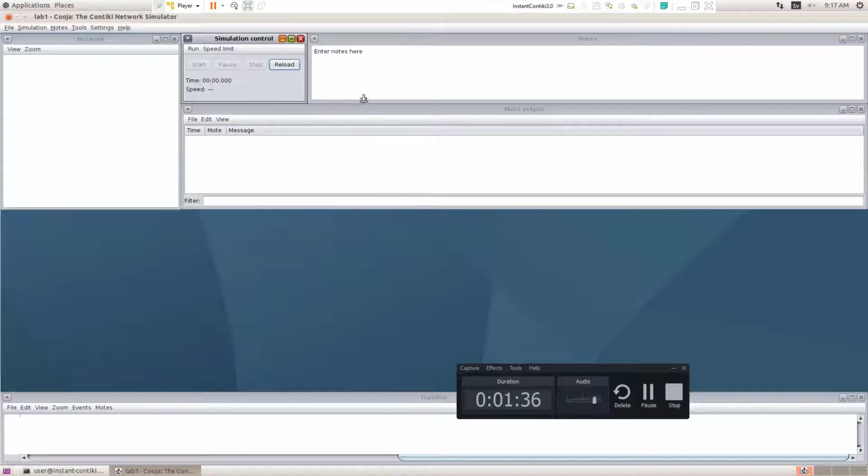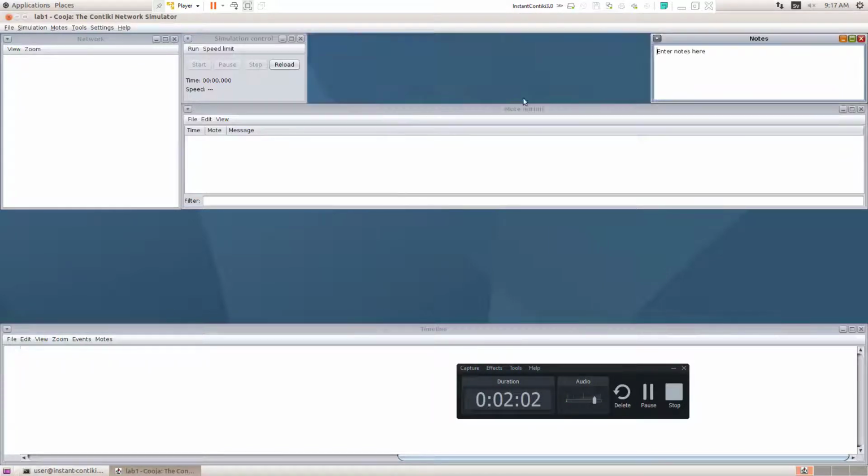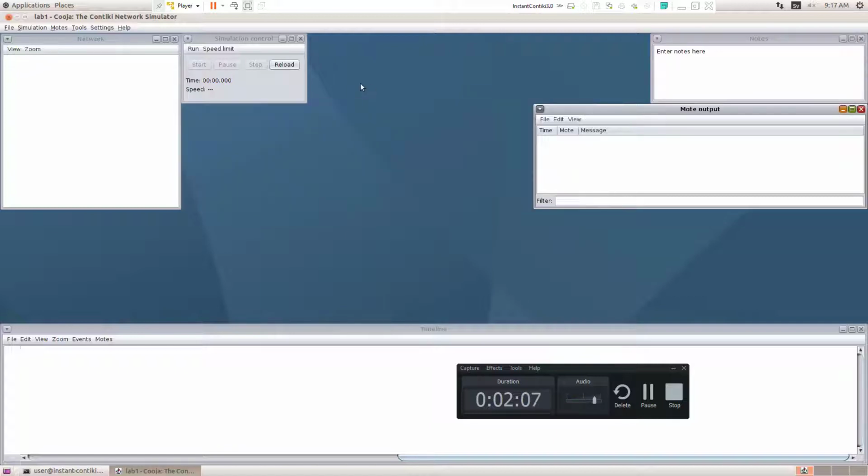Then we have the output view. The mode outputs window displays the information about the modes. Then we have the timeline. The timeline shows every second what is happening in your topology diagram, so you can observe it in this particular place. These are the 5 different windows available, and all of them are adjustable and flexible. You can adjust them according to the topology you are creating.